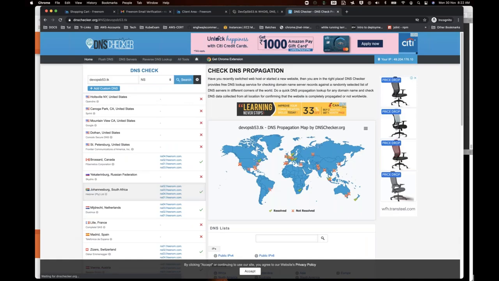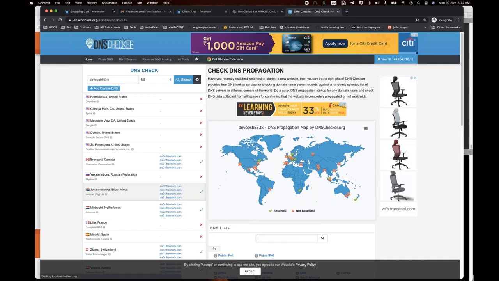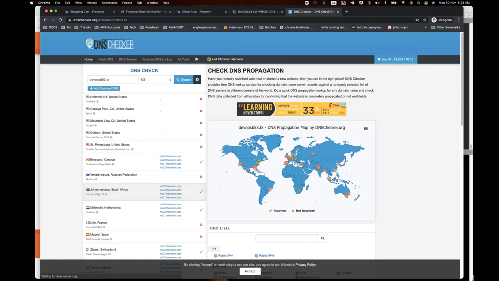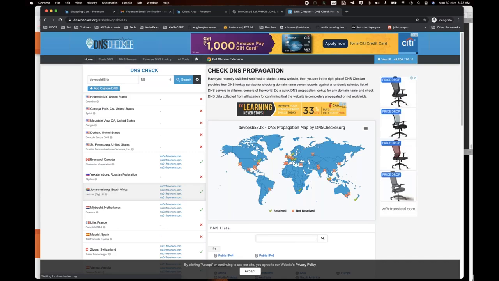Everything with this is very slow basically. We have to wait some time and waste some time here. At the end of the day, that is no value to me, right? Now, who is controlling this domain? Freenom. We created the domain from Freenom, and it is still controlled by Freenom. Now what I can do is take this particular domain